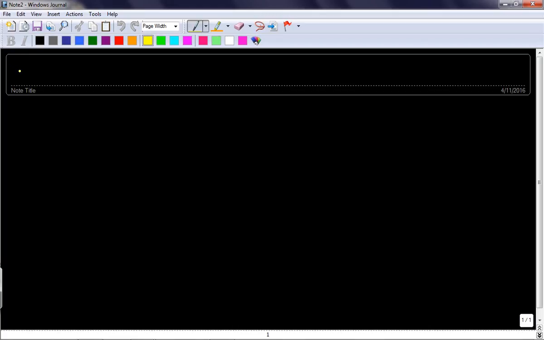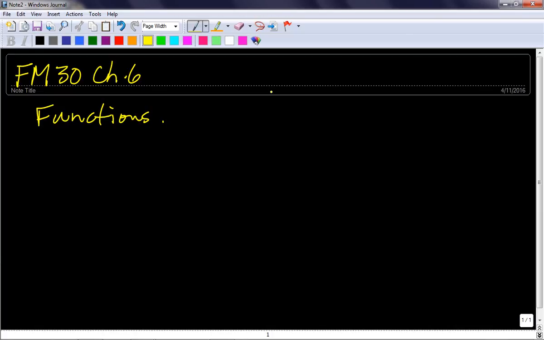Okay. Well, chapter 6. So this is Foundations of Math 30, chapter 6, and we're talking about functions. Functions. All right, so functions. It says on page 377, if you want to turn there, there's a big picture of